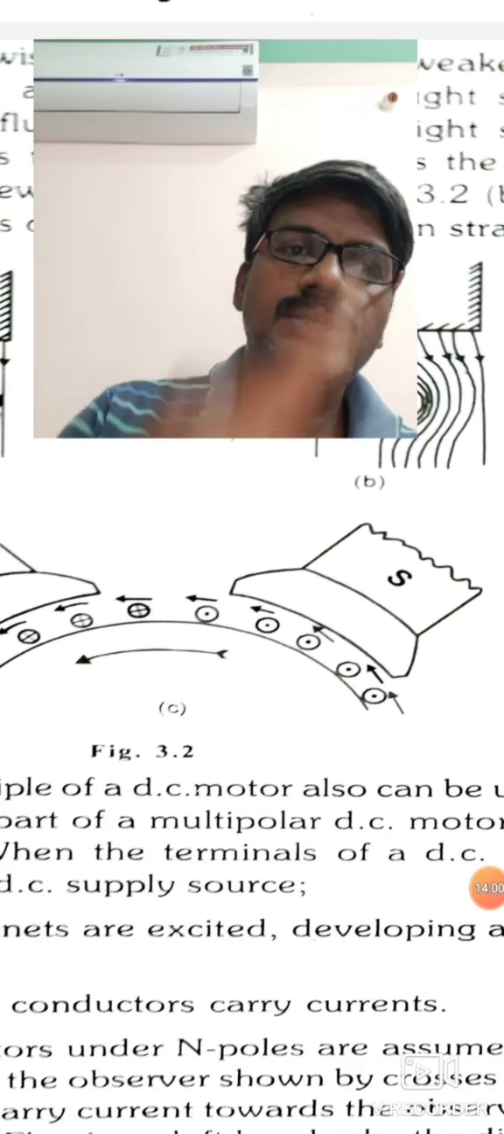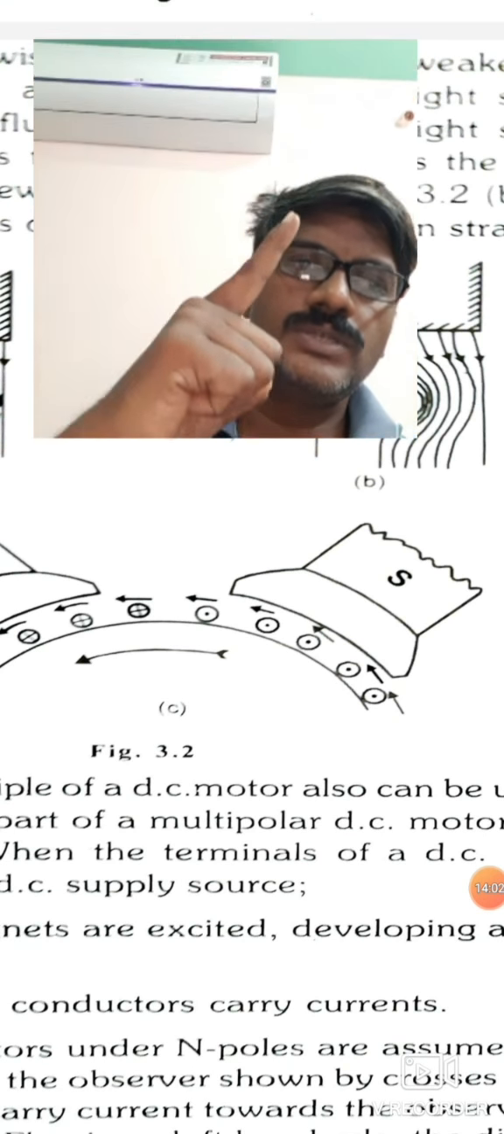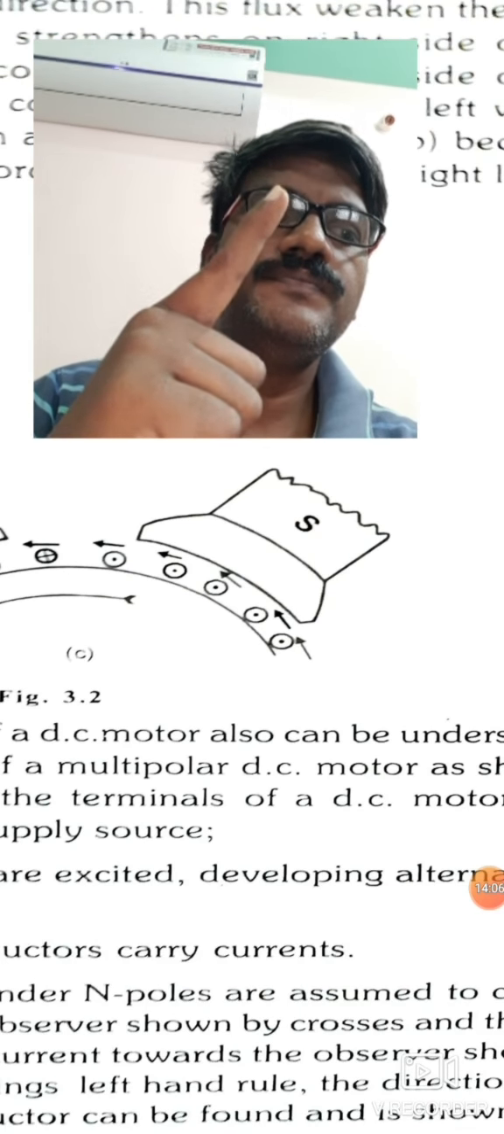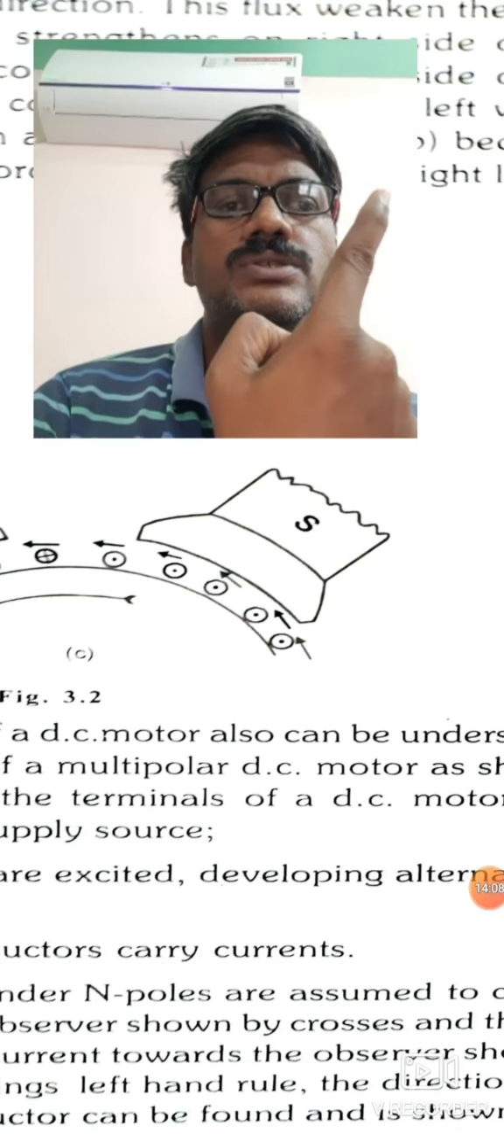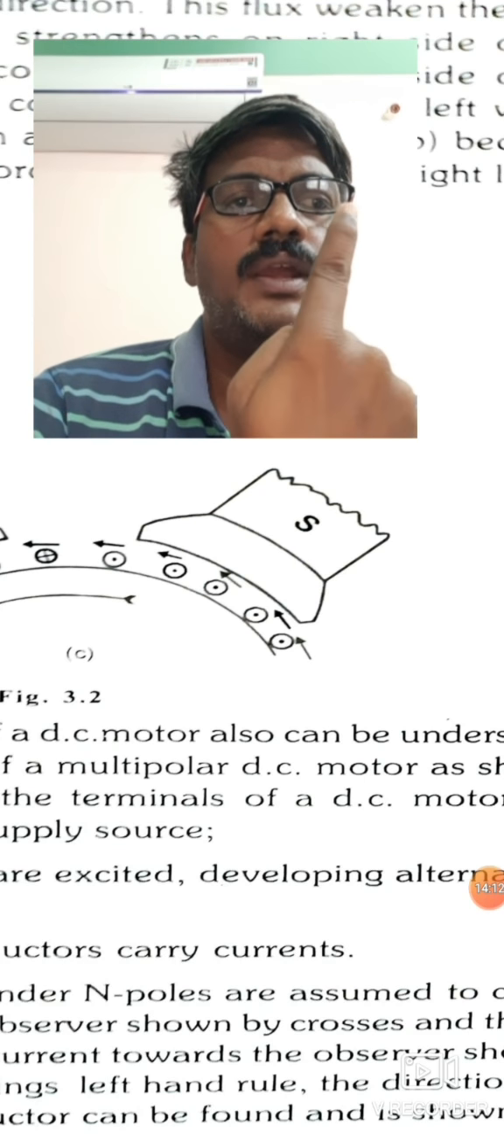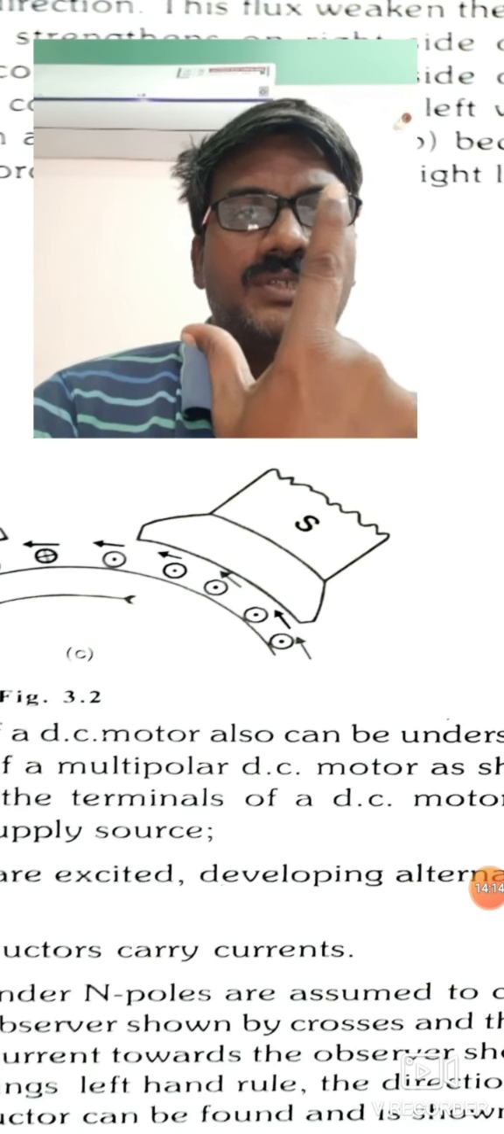Magnetic lines always enter into the south pole, so this is the direction of the magnetic field. It is a dot. Dot means this one. Dot, right? And this shows